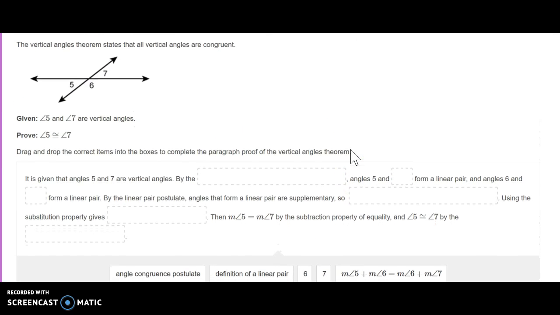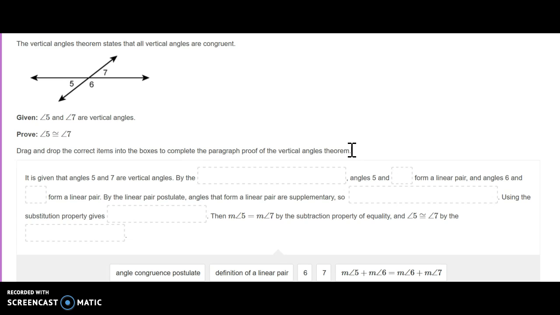All right, angle congruence. We're given that angle 5 and angle 7 are vertical angles, which vertical means they make an X. And we're going to show that those angles are congruent. We actually know that because we've learned that vertical angles are congruent, but now we're actually going to use this paragraph proof to prove that. So it is given that angles 5 and 7 are vertical angles. And